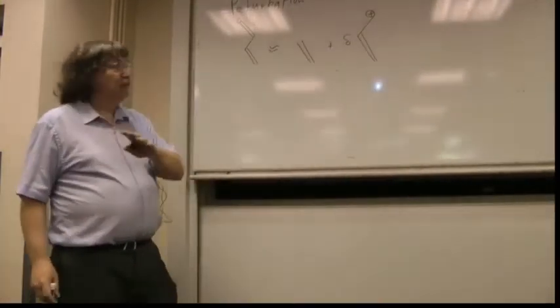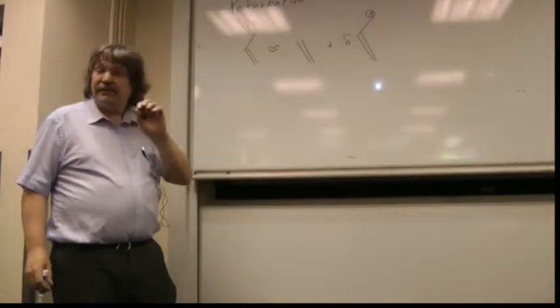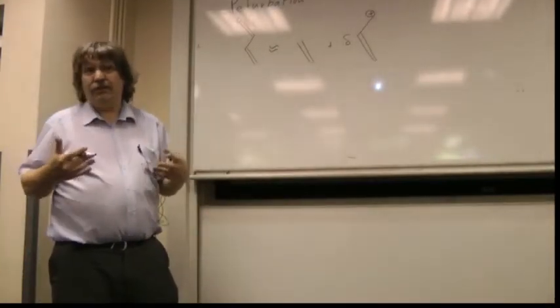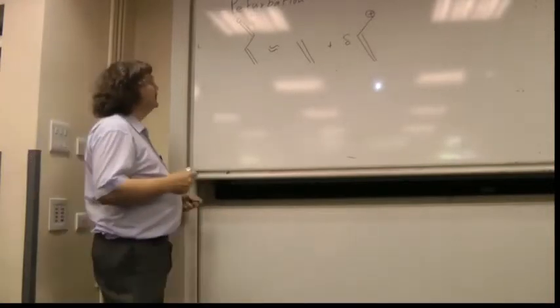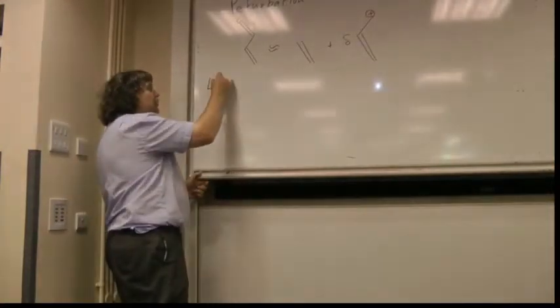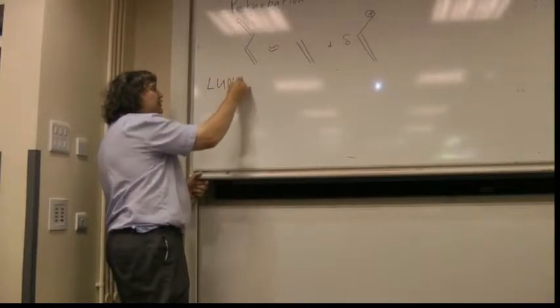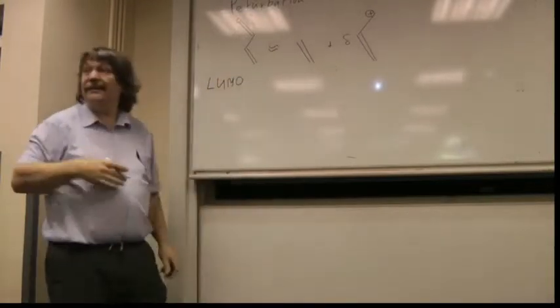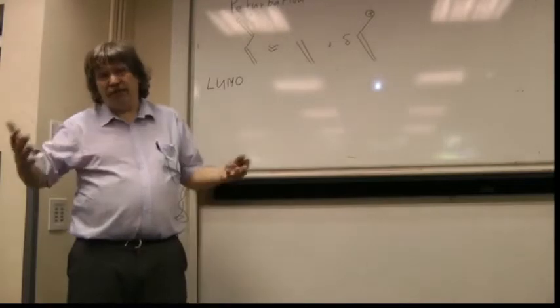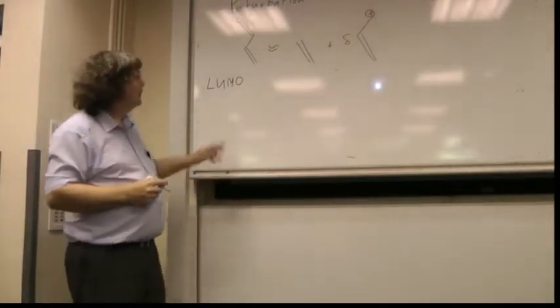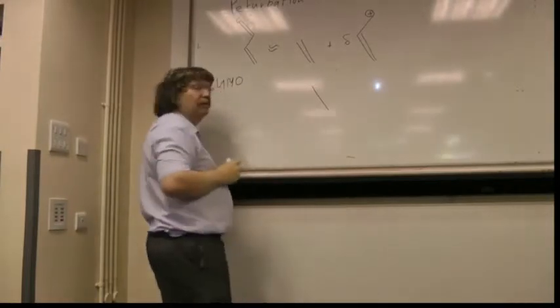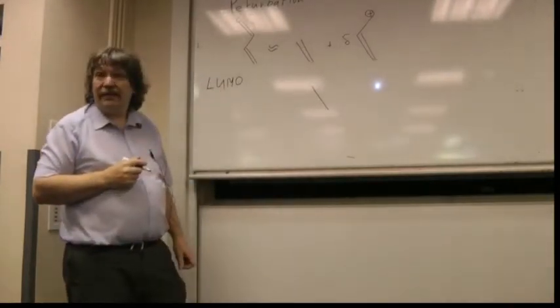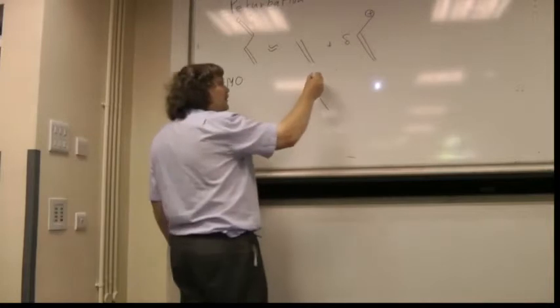I'll talk about energies in a moment, but first of all, let's look at the sizes of orbitals, because that's actually going to be what's critical when it comes to determining regiochemistry. So if I want to find out what the LUMO of acrolein is going to look like, and it's going to be the LUMO that we want, after all, it's an electron deficient species. The LUMO of acrolein is going to look like the LUMO of ethylene, okay, which is